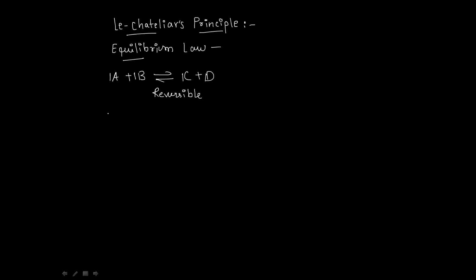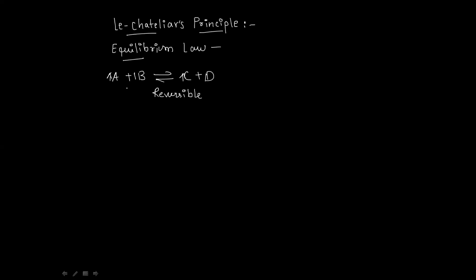Okay, so now if we increase any of the reactants, that is, we increase the concentration of A, what will happen? Now the equilibrium has been disturbed. Equilibrium is disturbed now. So for attaining equilibrium, the reactant will try to give something to the product, that is, there will now be an increase in the concentration of product too. Now again it will attain equilibrium. In this way this law works.